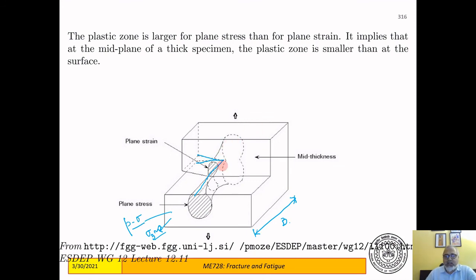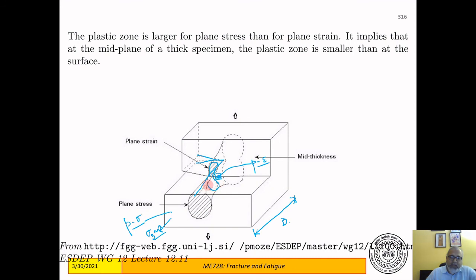Whereas in the middle of the specimen, sigma 3 is not necessarily equal to 0. At this point, if you take the stress state, this point believes that it's sitting in almost an infinite material, and therefore this point is more like a plane strain situation,